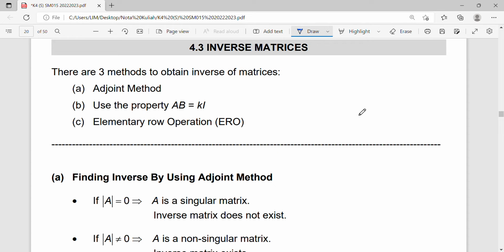Okay, inverse matrices means we are going to find this A inverse. Before this, we have our addition, multiplication. Hasil tambah, hasil darab, tapi tak pernah buat lagi hasil bahagi kan? So, dia tak ada konsep hasil bahagi, tetapi dia ada konsep of inverse matrices. So, for our matrices 3 by 3,